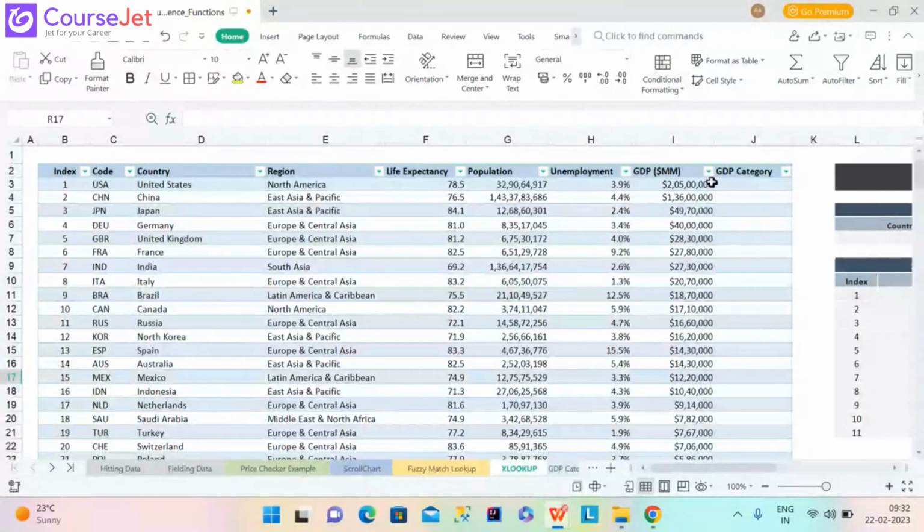Now one thing to note here is that this range of data is formatted as a table, and in fact if I click on the table design menu,